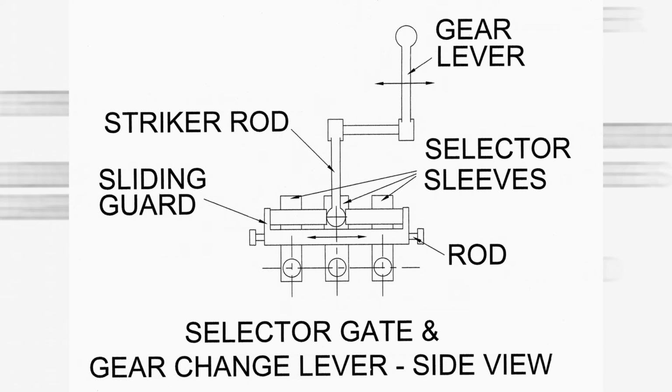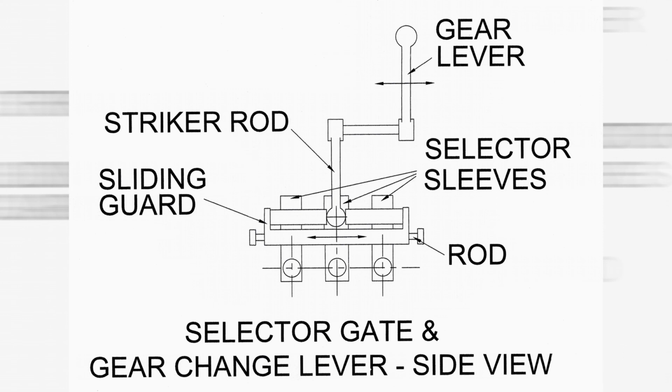There is a rod for sliding the guard as can be seen in the diagram. The guard is provided with a sleeve that can slide on it. As shown in the diagram, striker rod is in middle position where it can operate middle rod. By moving the gear rod towards left, the striker rod can be placed in front of rod on left hand side. When the gear rod is moved forward or backwards, it causes the pushing of this rod forward or backward.